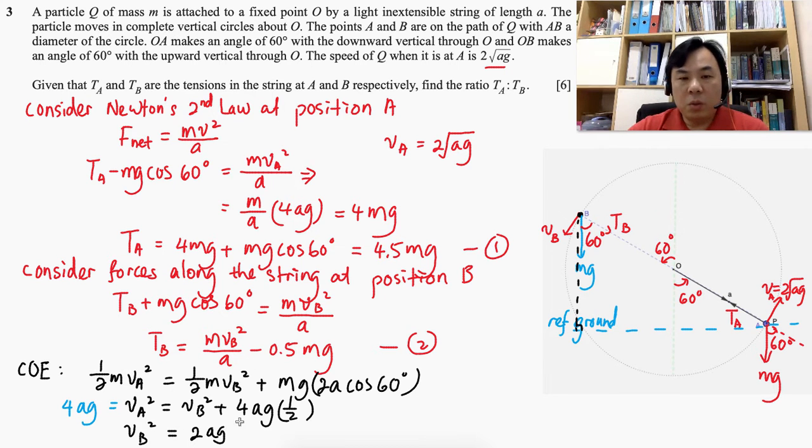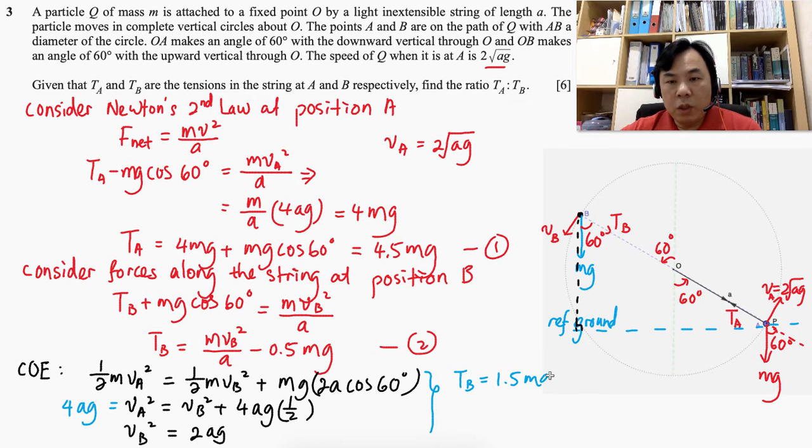We don't really need to square root this, right? Okay, and then there you have it. This is what we have, and then of course here I'm going to make a highlight. Now you'll notice that all we need to do is just substitute this one back here. So if you substitute this one back here, you will get 2 mg minus this, therefore the tension of the string at position B would be